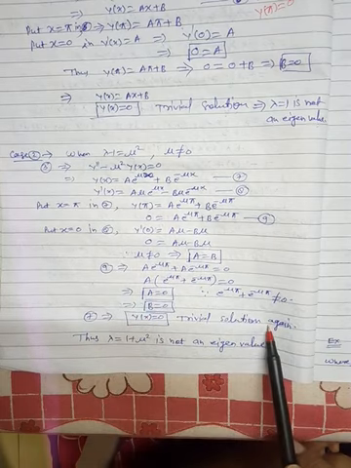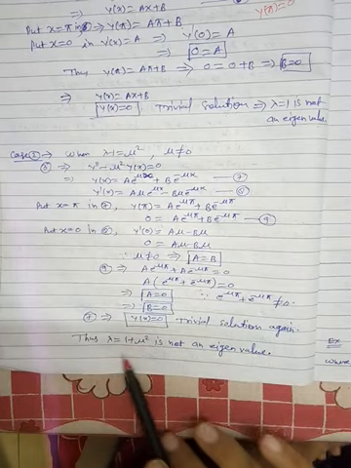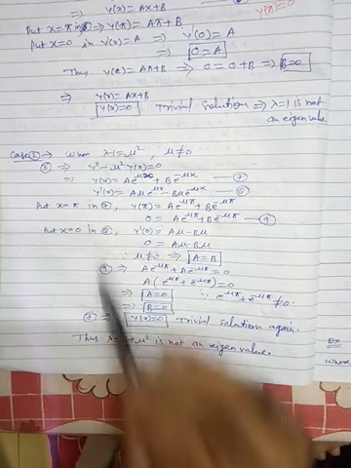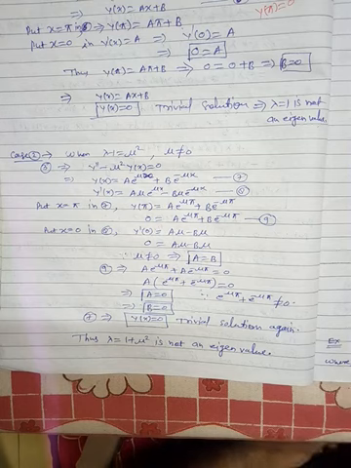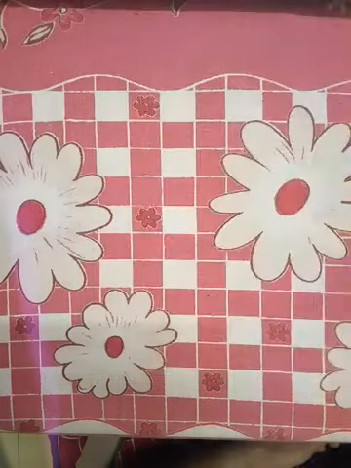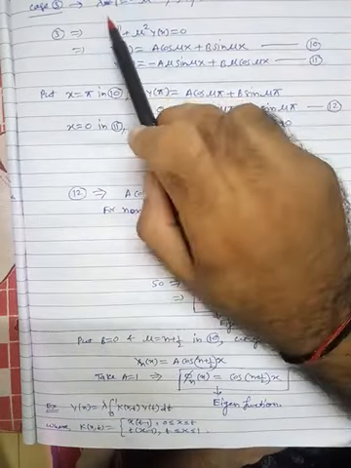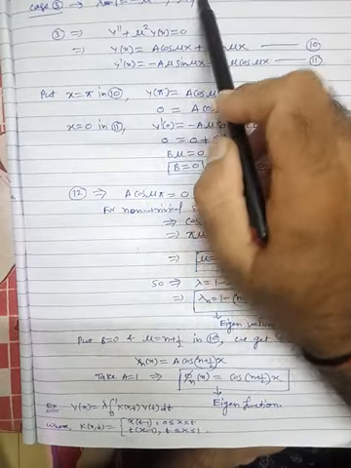Again we are getting a trivial solution. That's why this will not give you any solution. So lambda equal to 1 plus mu square is not an eigenvalue, because you are not getting any solution. So now we have the third possibility: lambda minus 1 equal to minus mu square, where mu is non-zero.